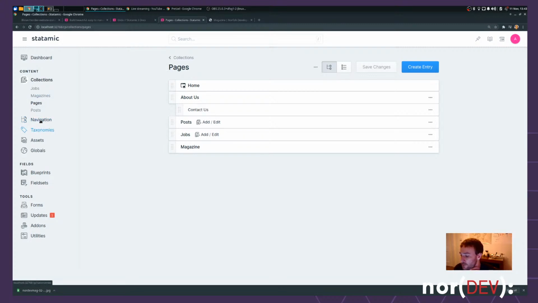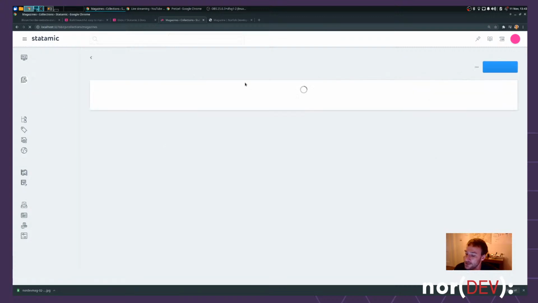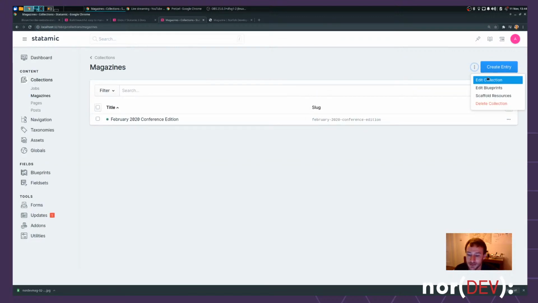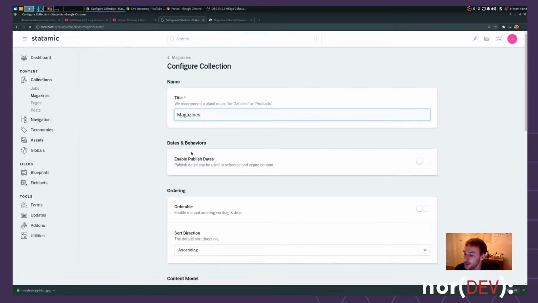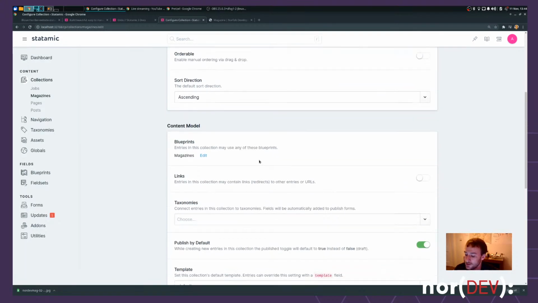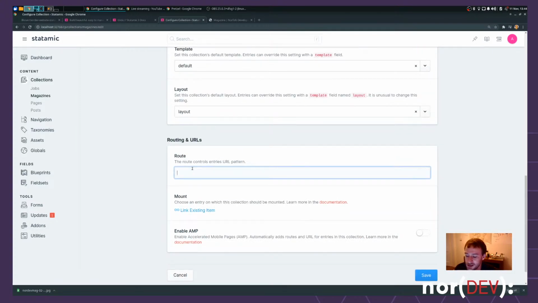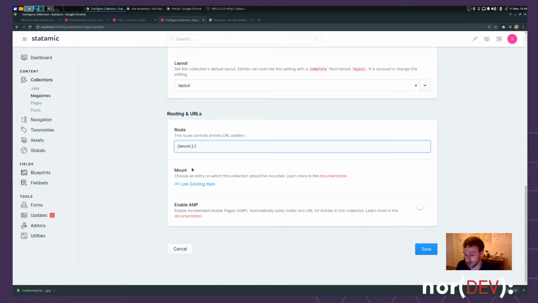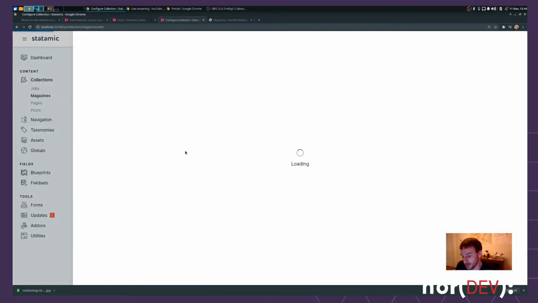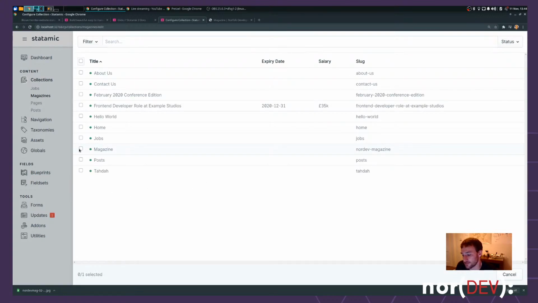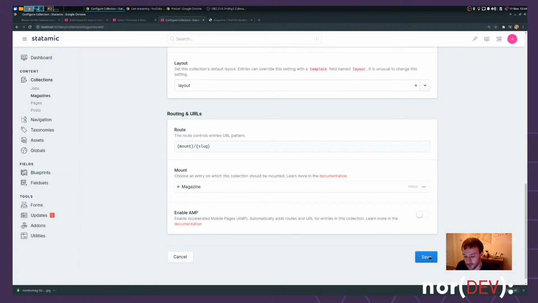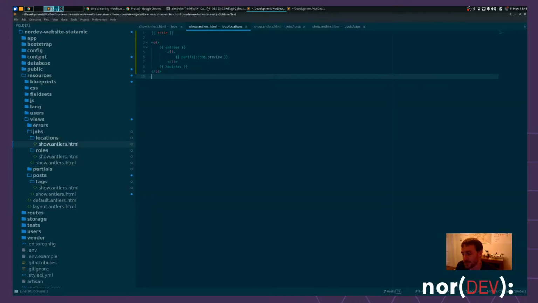Now we'll just need to pop back to magazines and then into edit, and you know the routine by now. Go down to the content model. Doesn't have any taxonomies, but we're wanting to set up some routing. So it's going to be mount, the right slash preferably, and then slug, and then we're going to link to an existing item, and it's going to be that magazine page we've just created. I'm going to hit save, and then additionally we're going to come into our,